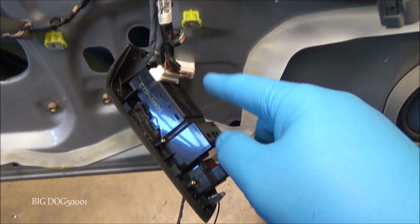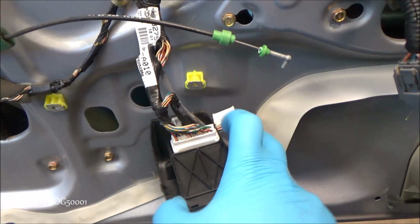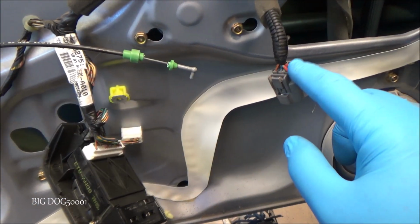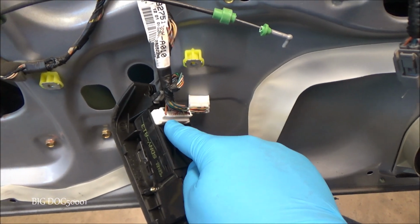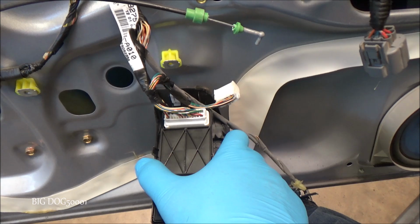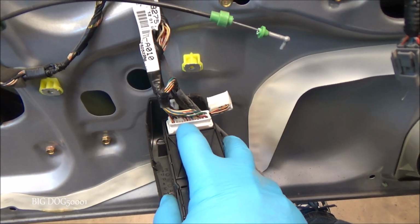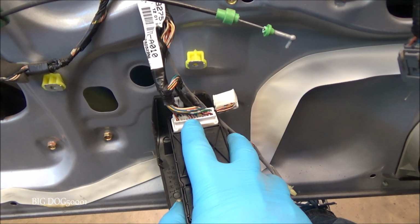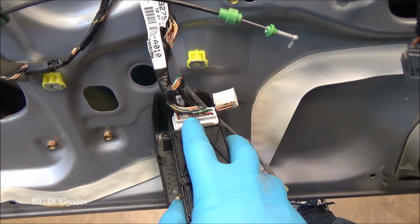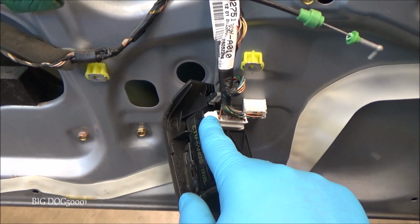Well, in that case, I would trace these wires back, and I would look for the same 2 wires. I'd look for these 2 wires right here on this switch. They may or may not be the same color. I'd have to look at the wiring diagram to see if Honda wired them exactly the same. They probably are. But I'd look for them here, and I would do the same test right here on the back side. And if I still didn't have power and ground here coming out, then what I would do is